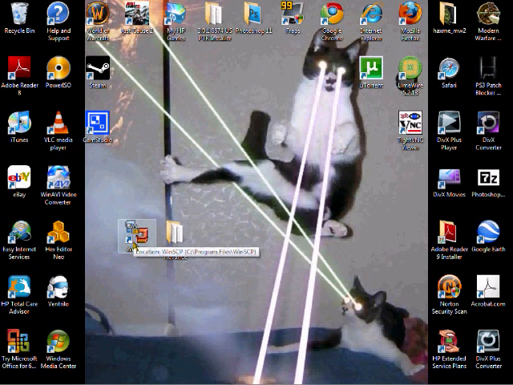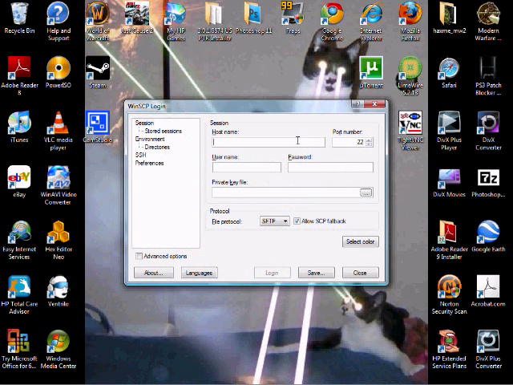Once you got that done, you want to plug it into your computer, open up WinSCP, put in your IP address, and then you're going to want to put in the username, which is root, and the password is Alpine. Once you have that done,